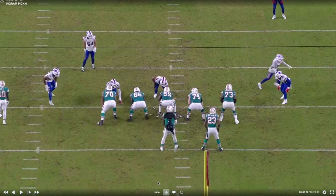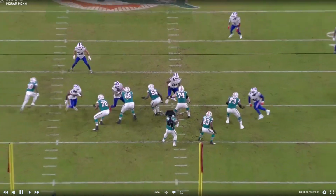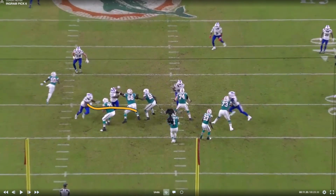So let's look at this 4-man rush and game that the Bills use to create that pressure and to create that turnover. Bills are kind of overloading the left side of the Dolphins offensive line. They have Von Miller out wide by himself, kind of isolated. And on the snap, what's going to happen is Epenesa is going to get bumped out wide just a bit right off the snap. And so Rousseau takes an inside line. It appears like Epenesa plays off of him. This doesn't look planned,